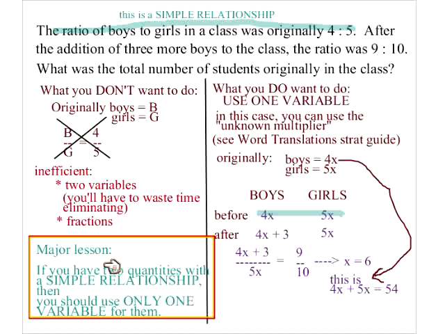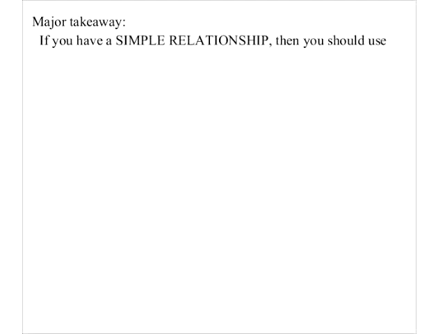So a little bit more on this topic. Remember the major takeaway here, let's go ahead and reiterate what that is. The major takeaway is: if you have a simple relationship, then you should use one variable. So here are some examples of this, and I'll have you guys respond to this in the text box. If you say something like,